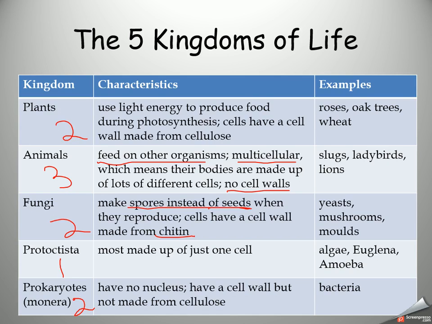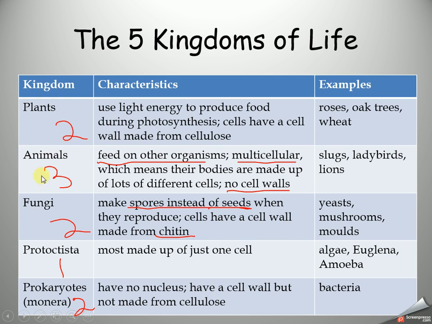Okay, right. Five kingdoms of life. I've been through this before, guys. These are the five kingdoms: plants, animals, fungi, protoctista, and prokaryotes. These numbers over here tell you how many things you have to remember for each one. So for plants, there's two: uses light for photosynthesis, and number two is have a cell wall